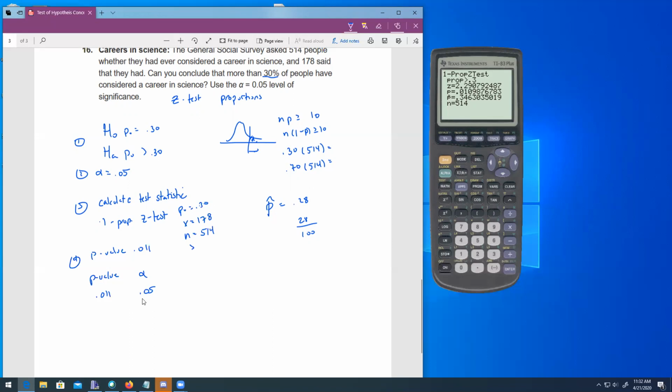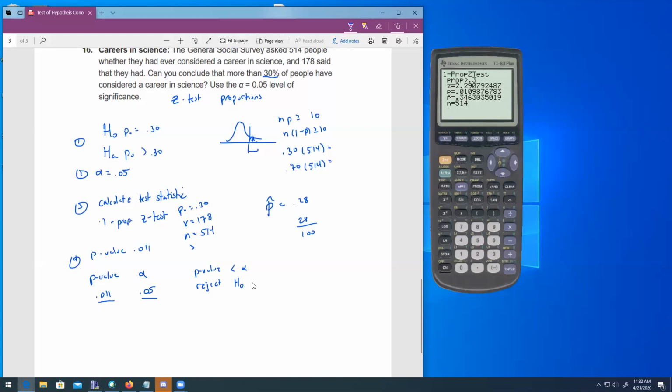Okay, so again, well, actually, this is different, right? We said the criteria is 5%. Well, this is 1%, right? We had a 1% chance of getting this result. And my criteria said, well, if it's less than 5%, it's not by random chance, is what I should say. So because the p-value is now smaller than alpha, which is different than the previous 2 examples, we say reject